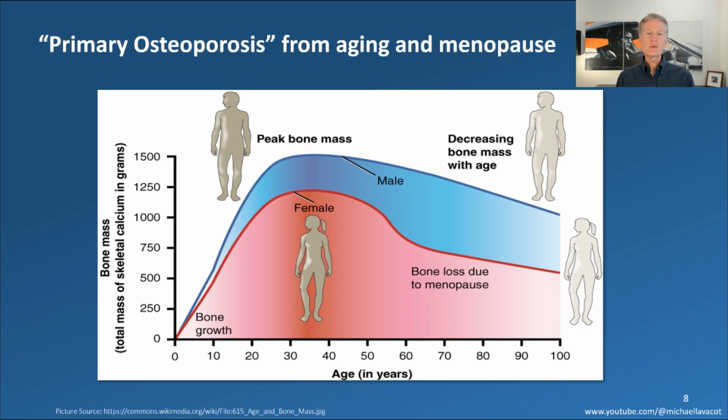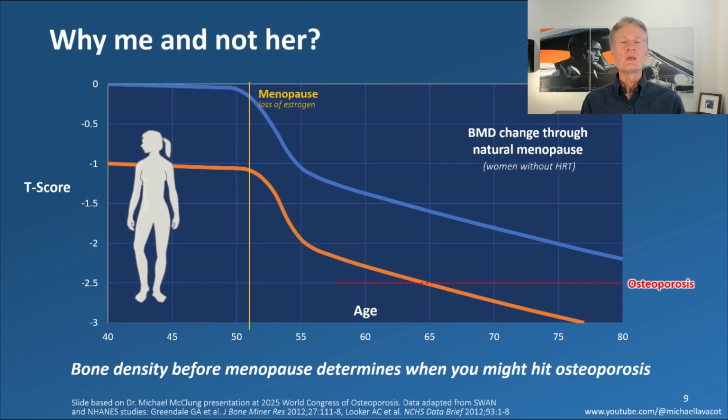Now, if you look at the female, there's a big drop when you enter something called menopause. And what I'm going to do is zoom in on that area because it's very important when we're talking about osteoporosis. So here's an example of two different women coming into menopause. One coming in at that average T-score of 0, and then you see this sudden drop. And what happens is the ovaries stop producing estrogen, and estrogen is a key component to bone building. So you have this very rapid loss of bone density, and then it levels off to a declining slope into